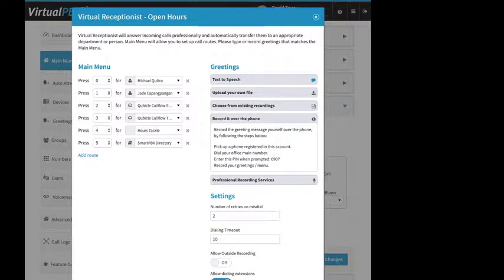Now, it says here, pick up a phone registered to the account. That means the system wants you to use a VoIP phone that you've added to the account. That's a security feature. If you don't want to do that, let's say you have a friend who's got a great radio voice and you just say, hey, I just want you to use your cell phone and call in. If you scroll down under settings,